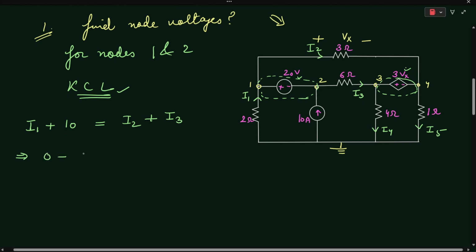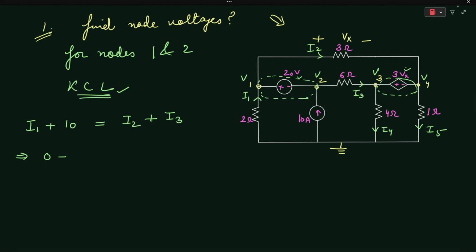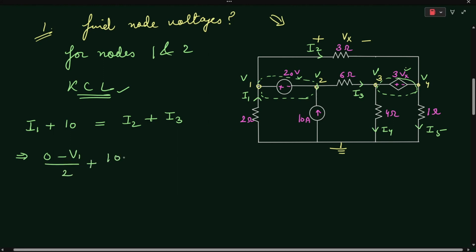Let's say the voltage at node 1 is V1, node 2 is V2, node 3 is V3, and node 4 is V4. So I1 will be equal to (0 minus V1) upon 2, plus 10, is equal to I2, which is (V1 minus V4) upon 3,